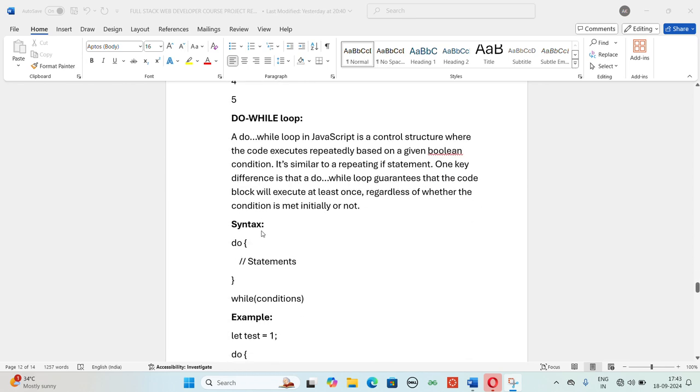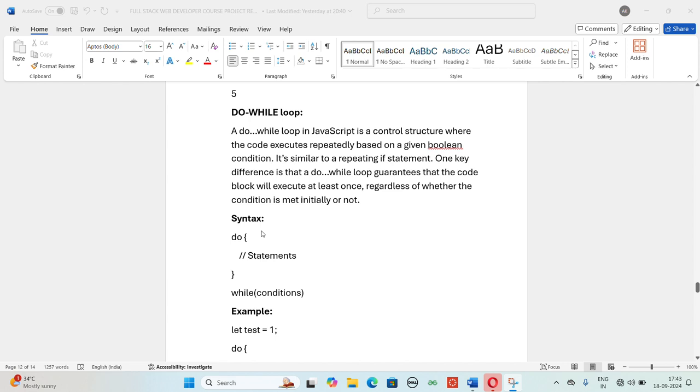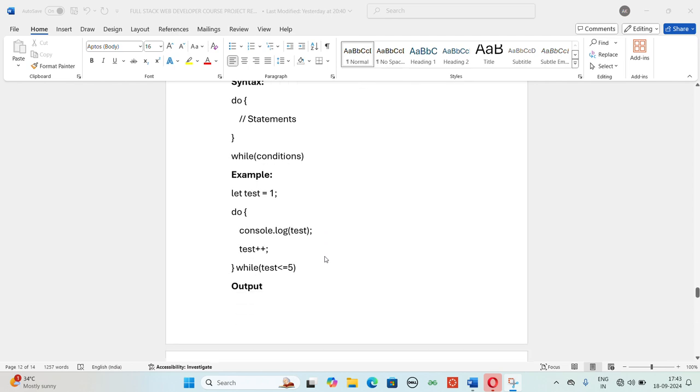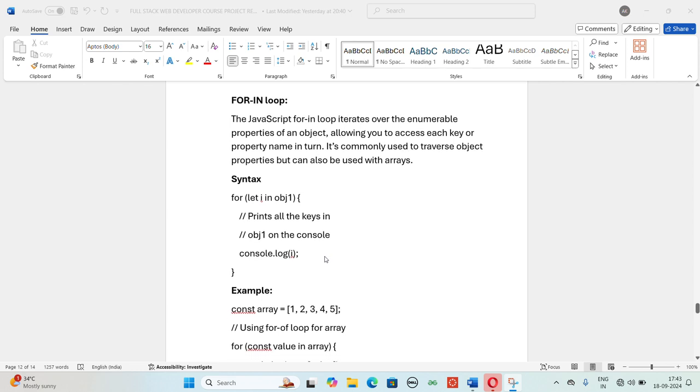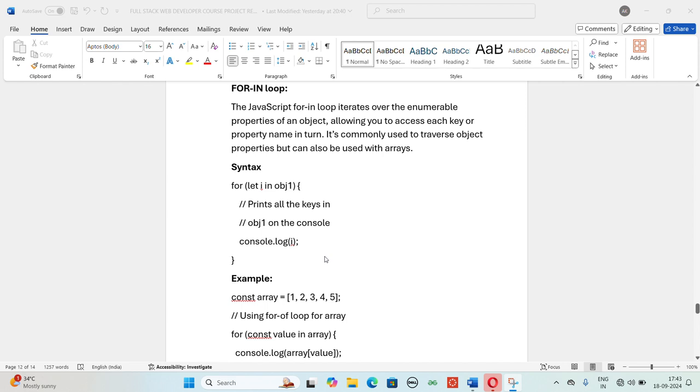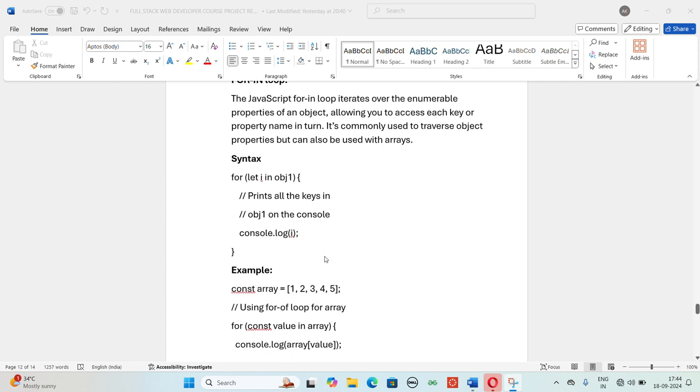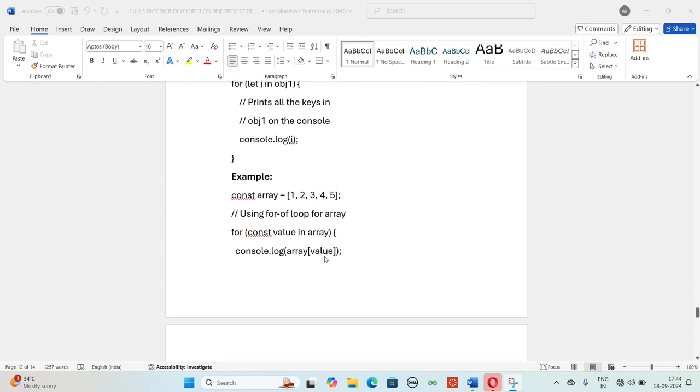Do while loop. Do while loop in JavaScript is a control structure where the code executes repeatedly based on a given boolean condition. The main difference between while loop and do while loop is that it checks the condition after one-time execution of the statements. For in loop. For in loop iterates over the enumerable properties of an object, allowing you to access each key or property name in turn. It is commonly used to traverse object properties but can also be used with arrays. Syntax includes this, and for example,